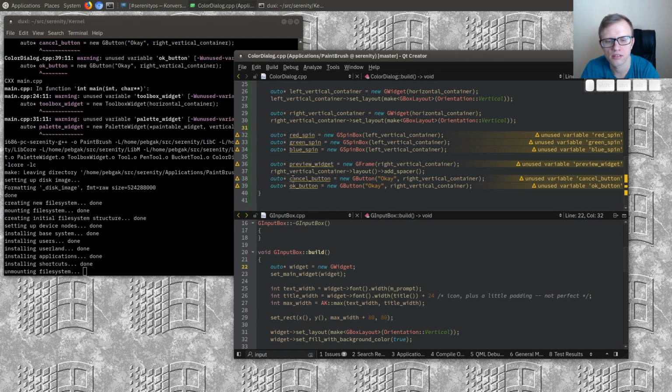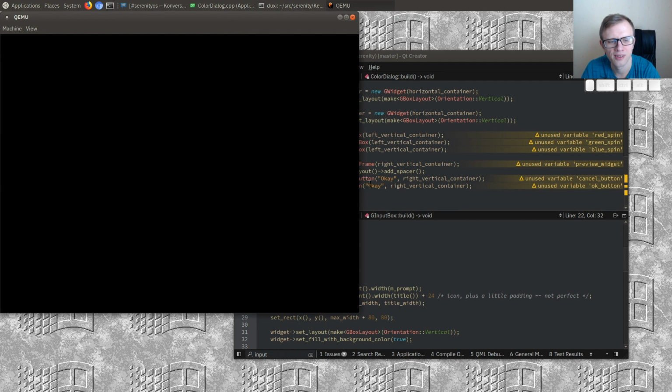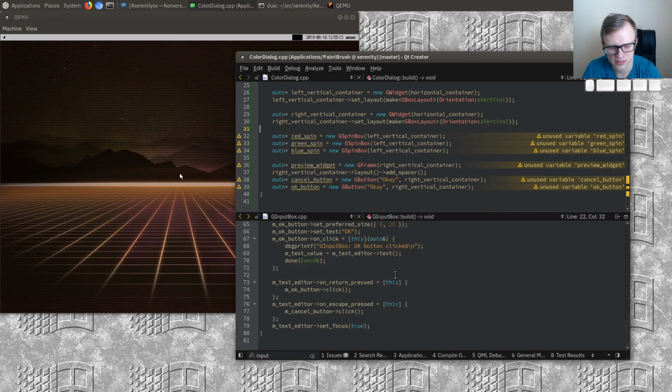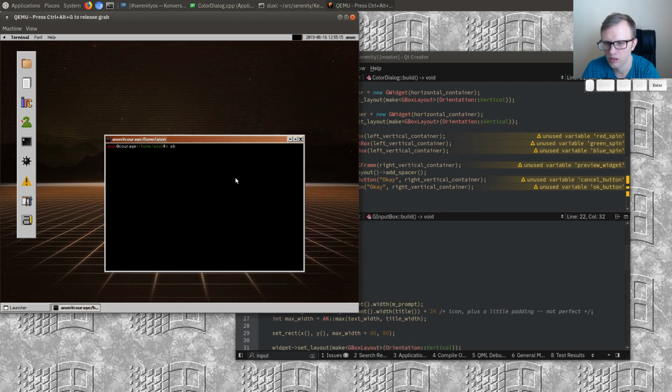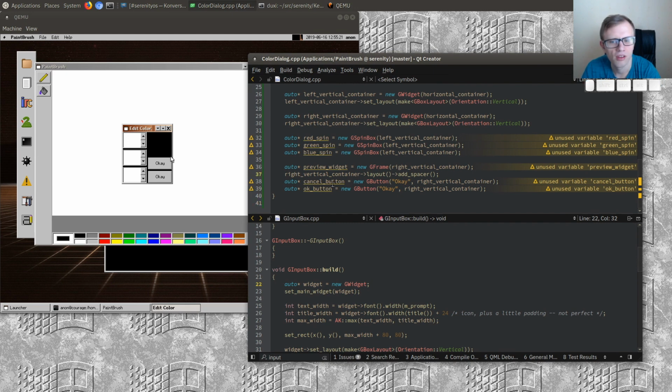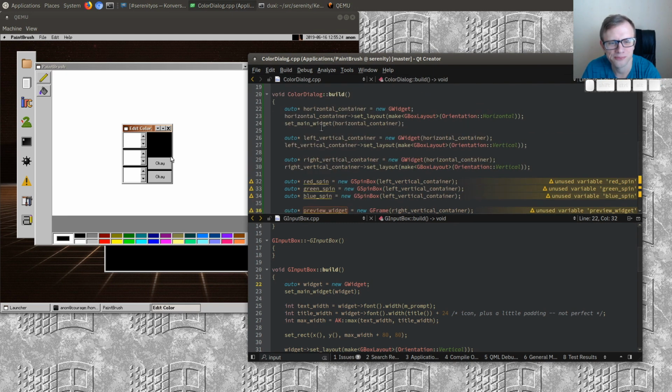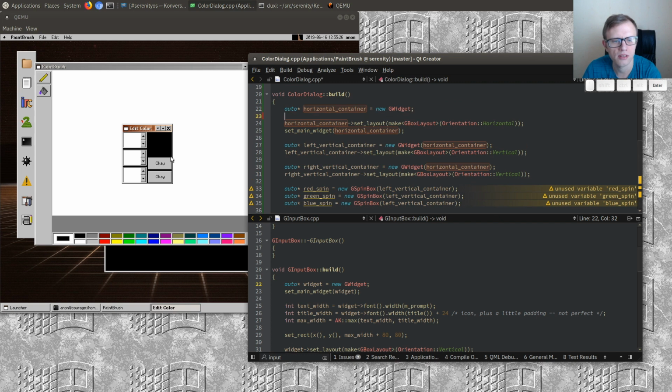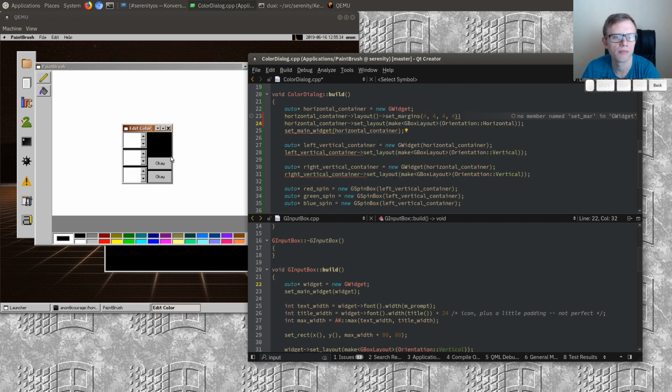Because not entirely sure what this is going to look like. Let's see. Well, it's something. It needs a little bit of help, but it's a start. So let's give this guy some margins. Set margins to 4, 4, 4. Okay, and